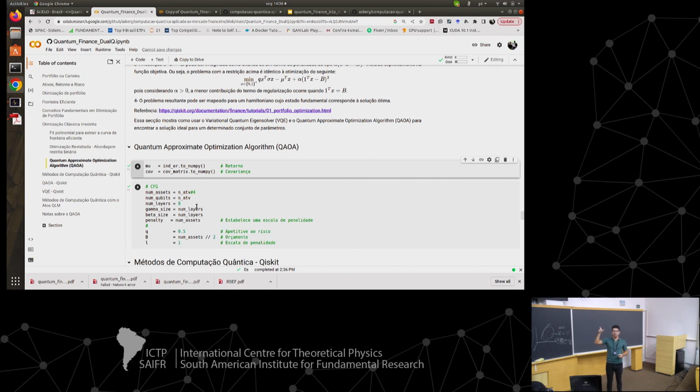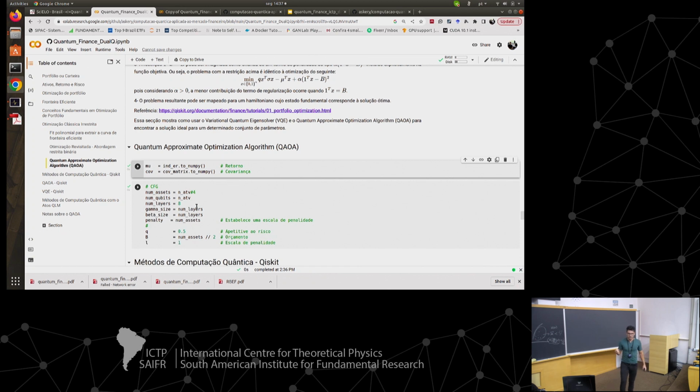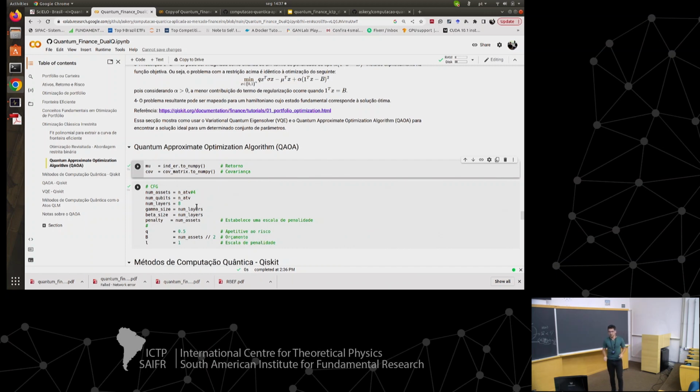Because as I told you, we had a marketing idea that was showing that we could do everything with a simulator which was in Brazil. So we did this for QLM. It's not a famous simulator in comparison with Qiskit or PennyLane and so on, but it has a nice interface as well. Here it's very simple.